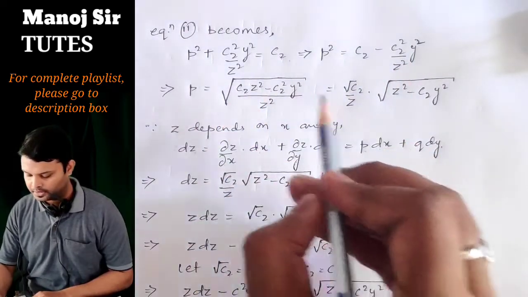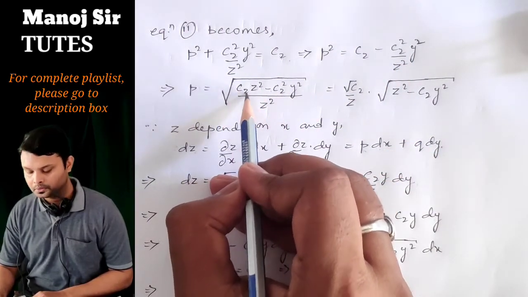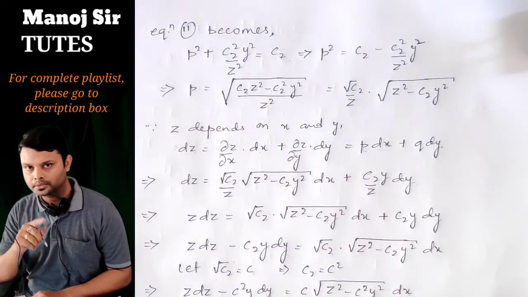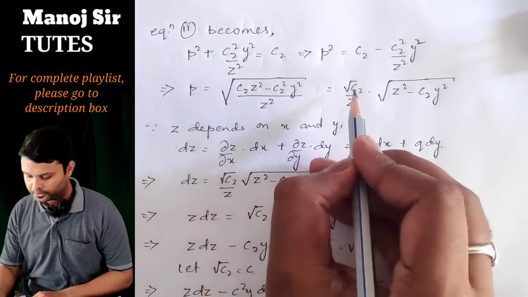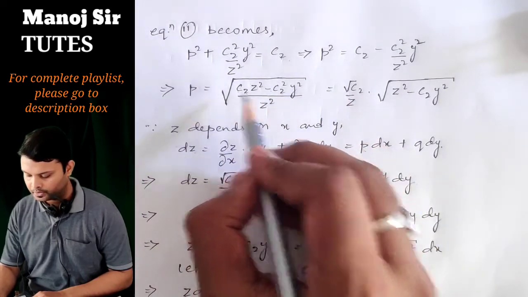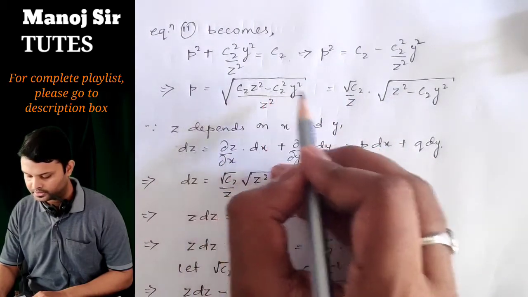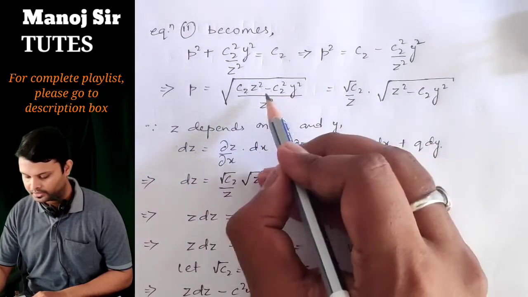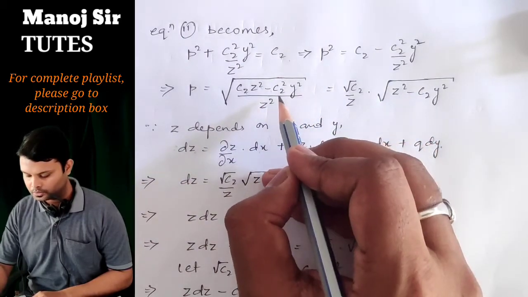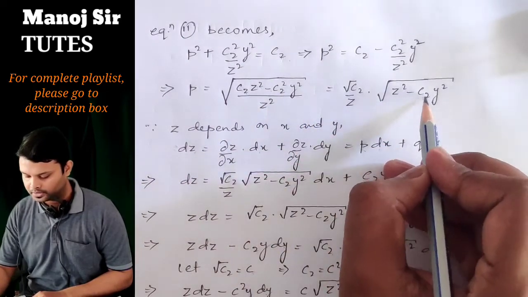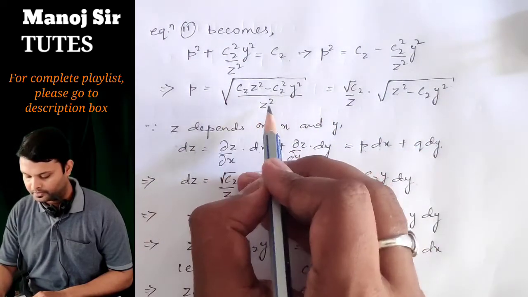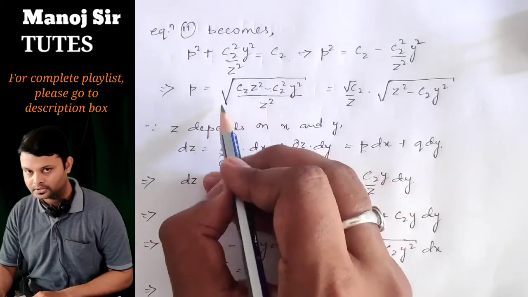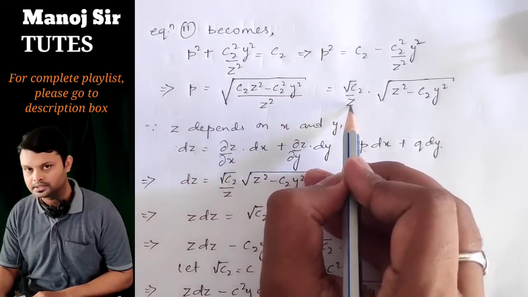Okay, root over. Now this c2, what is c2? That is root over of c2 whole square. Okay, square of root over of c2. So if you take root of c2, here it will become 1. So 1 into z square, that is z square. Here already we have taken c2. So what is left again? c2. Okay, so c2 into y square. Okay, we have also taken this z square out of this square bracket, that is z.